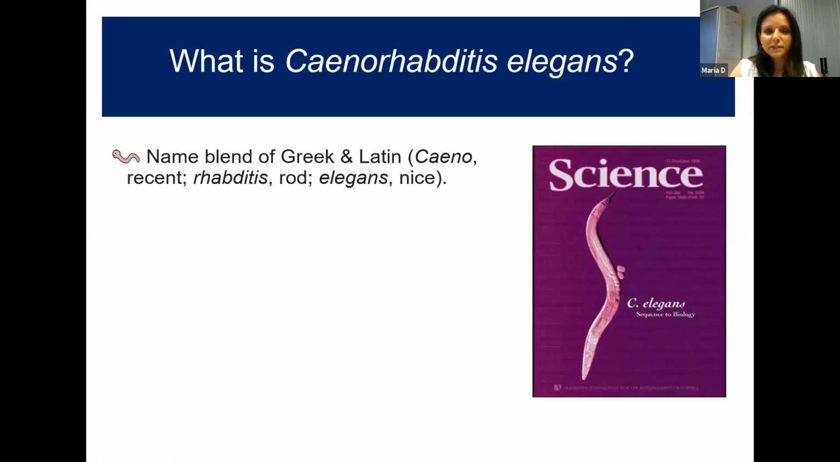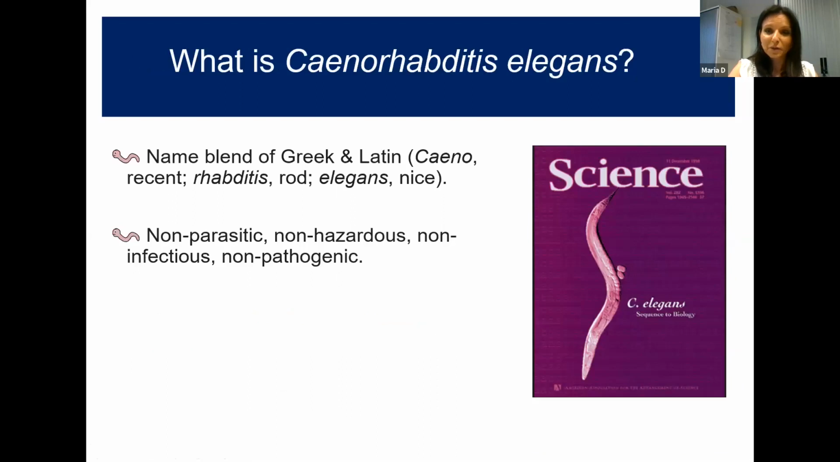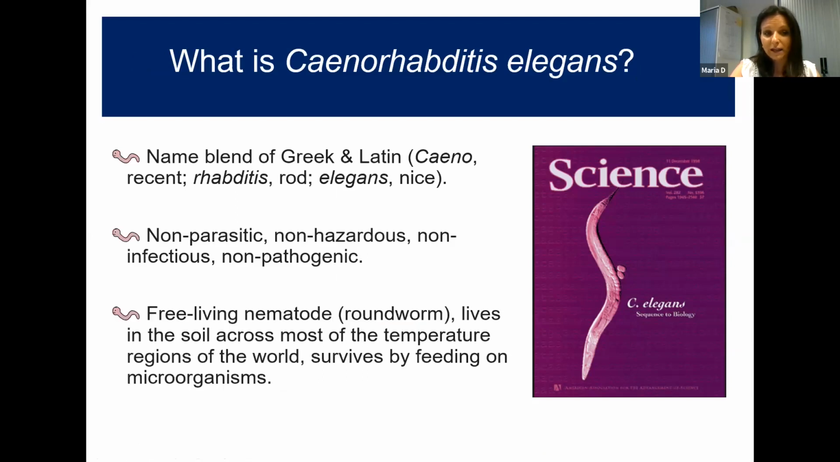So moving forward, I need to mention that C. elegans is actually not parasitic, non-hazardous, non-infectious, not pathogenic. So I can give you a plate of worms, you can take them home and it would be fine. These animals only eat E. coli. They're free-living nematodes, or roundworms as we call them. They live in the soil across many different temperature regions of the world. And they survive by just feeding on